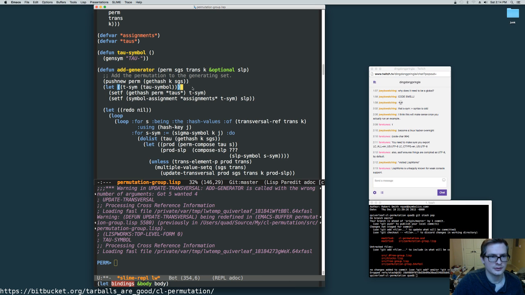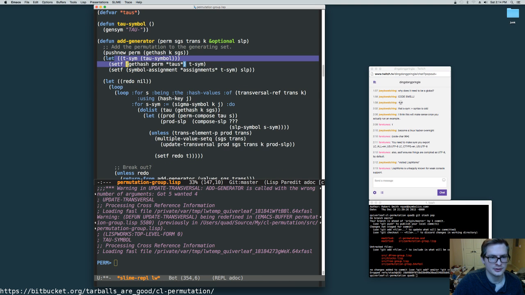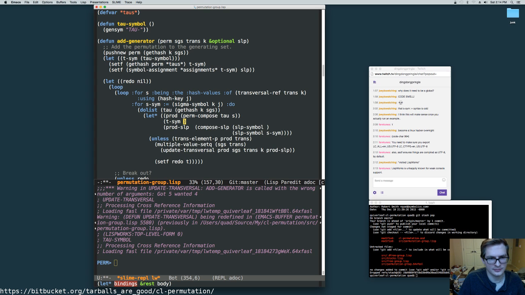So now that we have the tau symbol, when we iterate through each of the taus here, we can get the tau symbol. So we can get SLP symbol. Let's make this a let star. Let's do tsim be the gethash tau